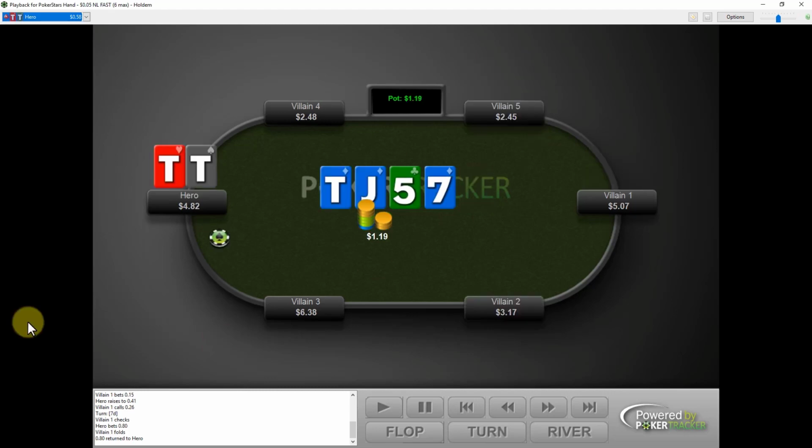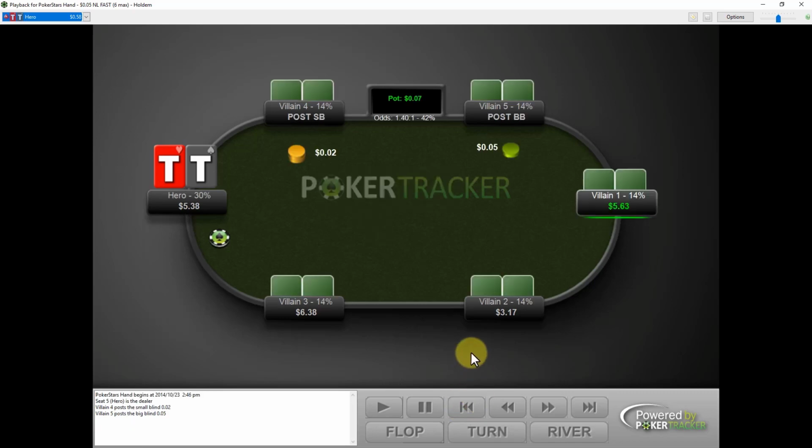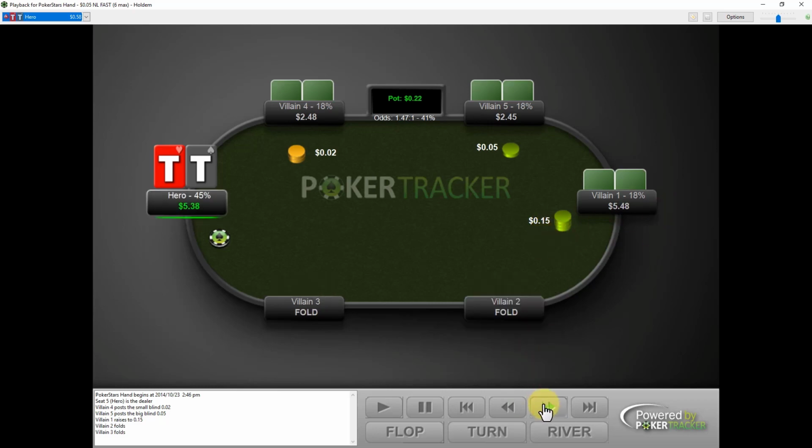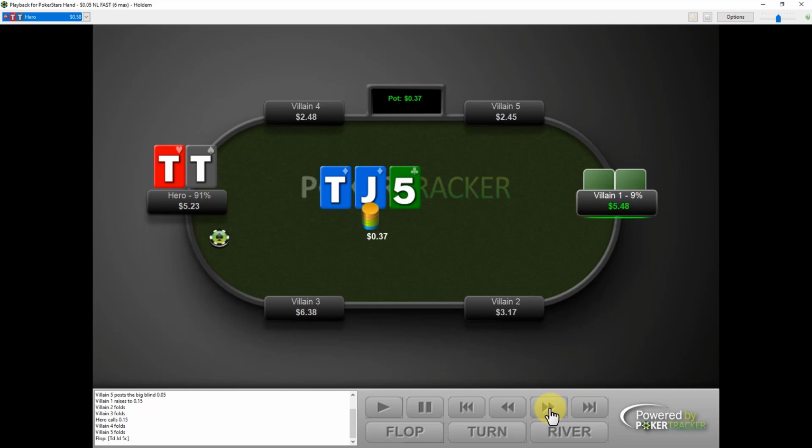All right, so let's take a look at one more hand, and let me rewind this so you can see the action from the beginning. So we have pocket 10s, there is a raise from under the gun, and we decide to cold call on the button with pocket 10s. Again, definitely not a hand that we want to 3-bet as a bluff versus an under the gun open raising range. We have two short stack opponents here, so the odds of them 3-betting us is probably fairly low, and this is a hand that's actually strong enough to call a 3-bet as well. So anyways, I just wanted to explain the reasoning for calling there.